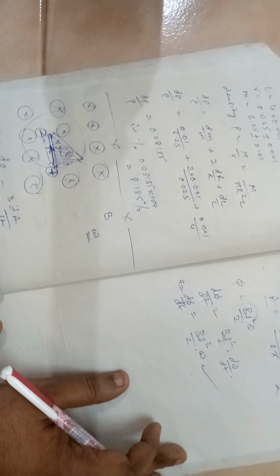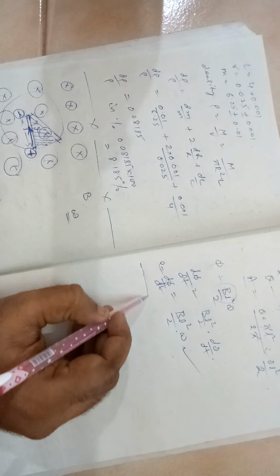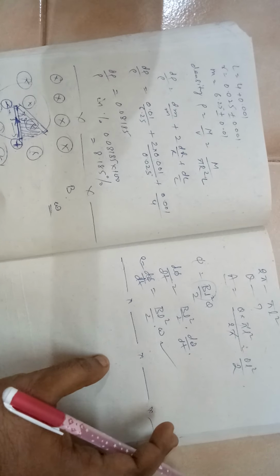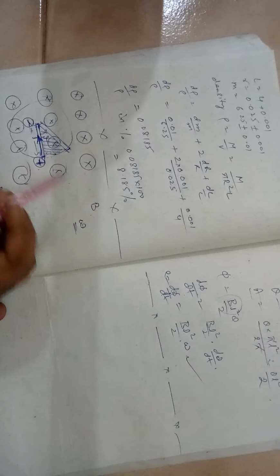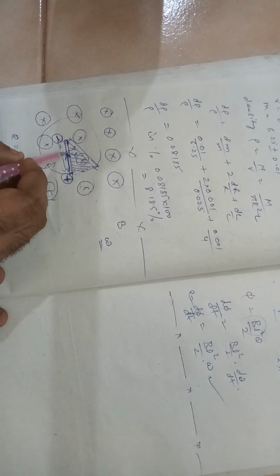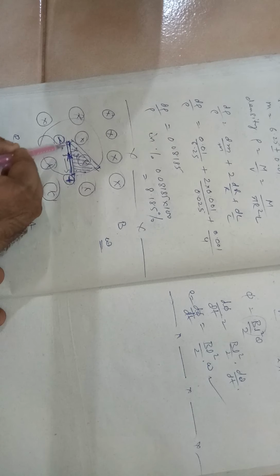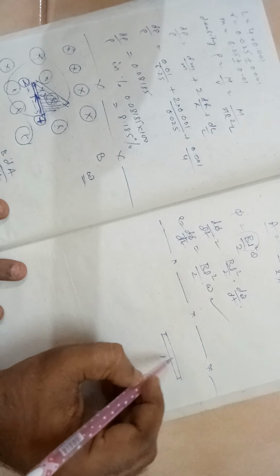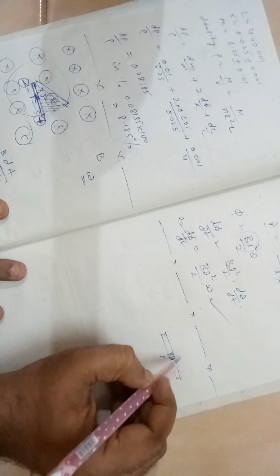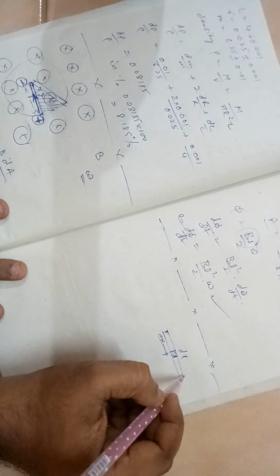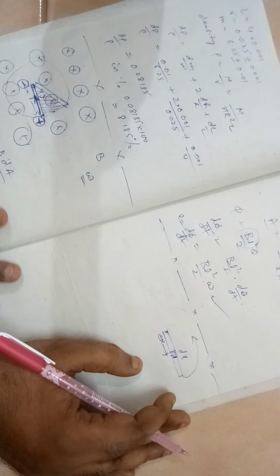The same thing can be derived by applying the concept of motional EMF. This we have done using Faraday's principle. Now if I want to use the concept of motional EMF, let us see. This rod is there of total length L, so it is like this. We will take a small strip dx located at x distance from the center. Now this is rotating like this in the circle.